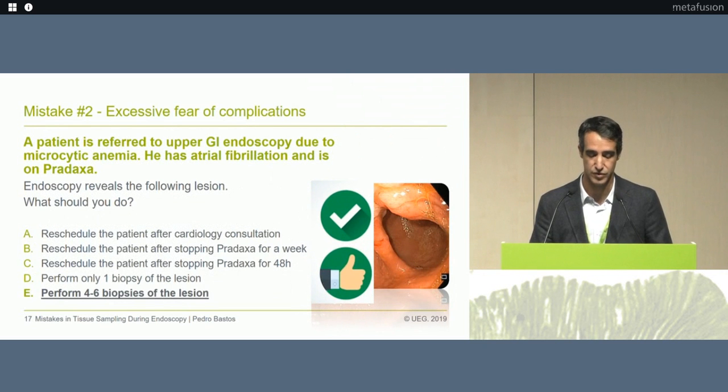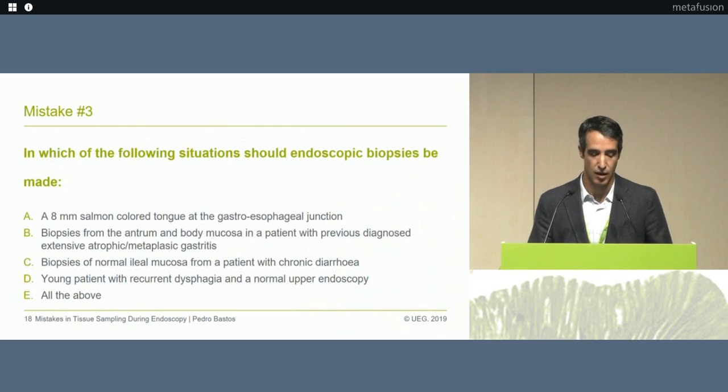We should perform 4 to 6 biopsies of this lesion, because the risk of not having a diagnosis is superior to the risk of bleeding. And I will take you now to the last case, which is